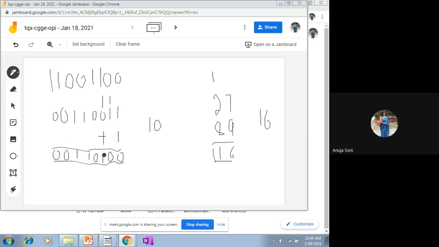So that was the first method. Now we talk about the second method. Second method is the direct shortcut method. What does the shortcut method say? Again we will find out the 2's complement of the same given number by applying the shortcut method. Let me erase this part and let me explain the same concept again using the shortcut method.